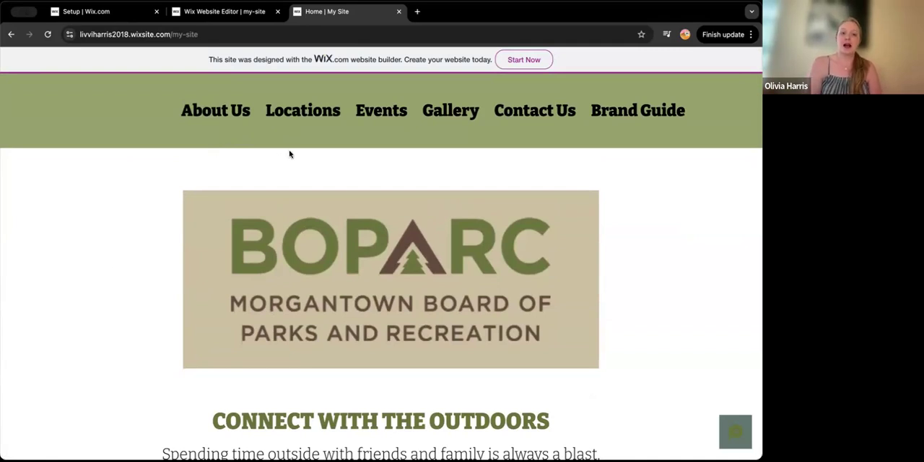Locations will describe all of the different locations within the BoPark system, and this will be in a chart format where we will be able to see all of the locations down in rows, and then at the top with columns, there will be sections that tell us what each park has. So, like if the park has picnic shelters, a pool, hiking trails, camping spots,